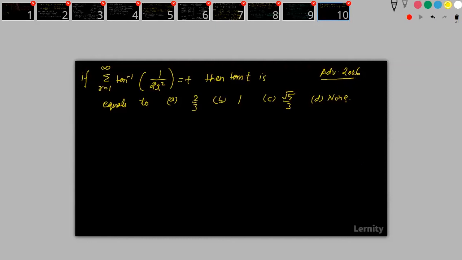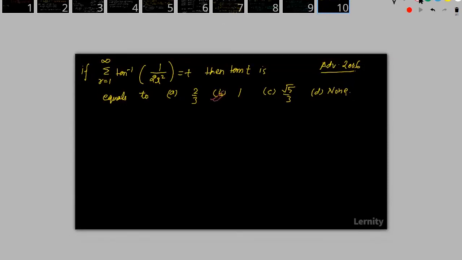Answer is B. Answer is 1. Yes, answer is 1. Shivatsan, solve it. If you have solved previously, please solve it once again. Answer is B. Yes, very good, Abhishek. Very good. Okay, if you solved now, then that is good.